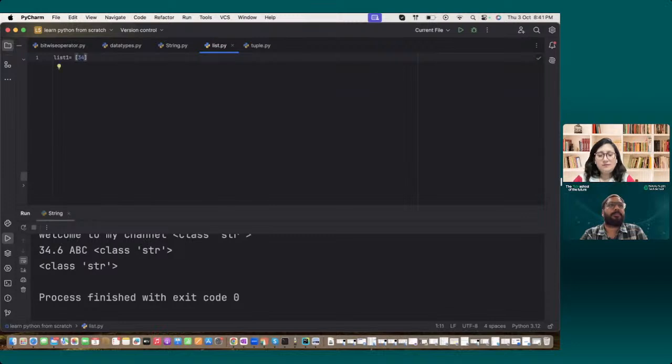List 1 is equal to, yeah, zoom in please. Let's say I'm taking 34, comma, I can use, can you please zoom in? Sorry, 44.5,